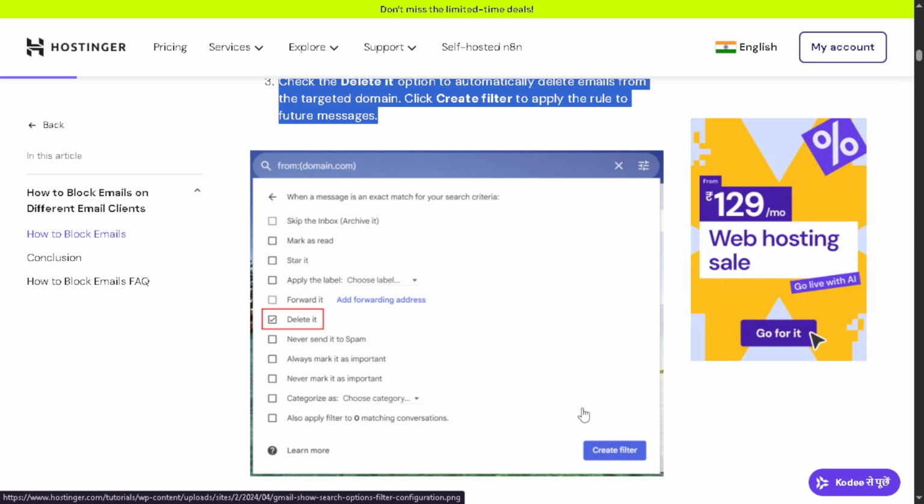A quick tip: double-check the domain spelling before saving filters to avoid accidentally blocking legitimate senders. If you ever need to reverse the change, return to the Filters area in webmail and delete or edit the rule. That's it. Blocking emails on Hostinger is straightforward once you know